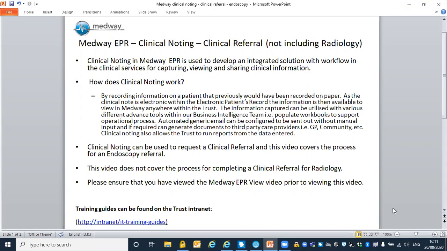How does clinical noting work? By recording information on a patient that previously would have been recorded on paper. As the clinical note is electronic within the electronic patient's record, the information is then available to view in Medway anywhere within the trust. The information captured can be utilised with various different advanced tools within our business intelligence team,